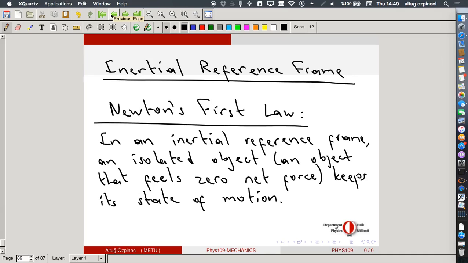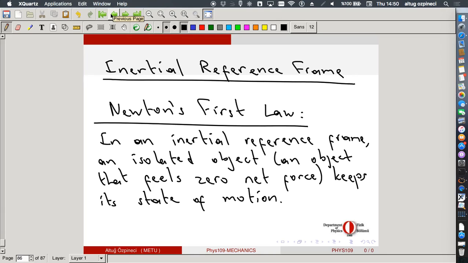You see, if you go back to Newton's time, what does he know? If you throw an object, it eventually stops. In fact, before Newton, people believed that it was just the natural state of motion. Everybody tends to stop. There were all these theories that, for example, the Earth was the center of the universe. Well, that is also a natural consequence of what people observe, because what they observe is all the solid bodies fall down. That's the observation. So whatever is solid in the universe should fall towards the center. So the Earth is nothing but the center of the known universe. That was what was known.